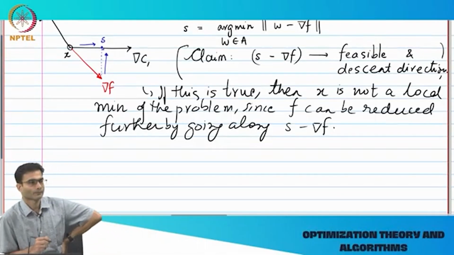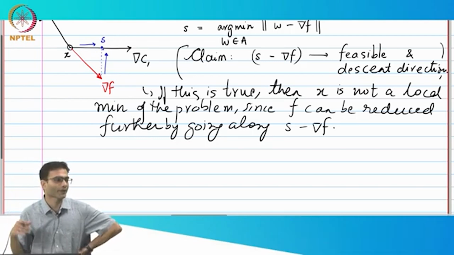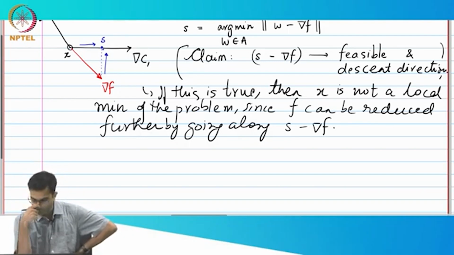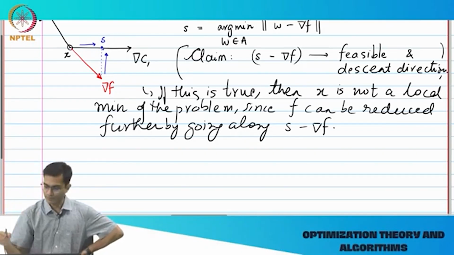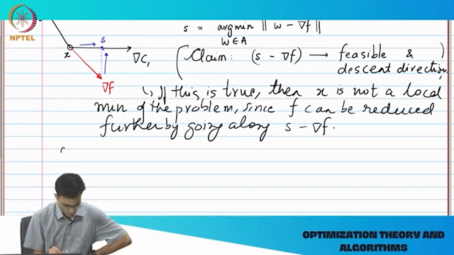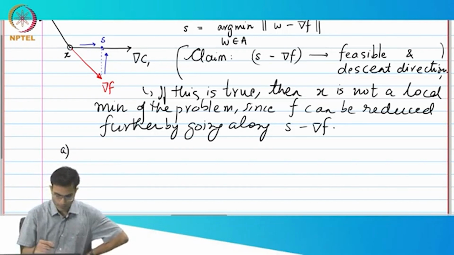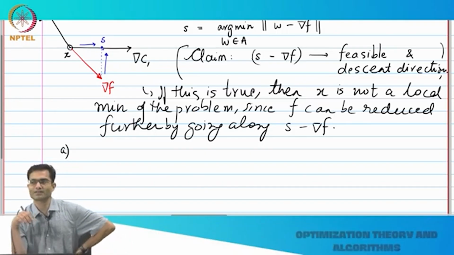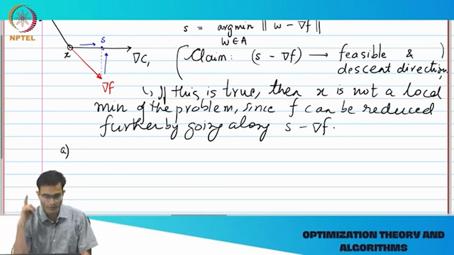Okay. That is the general story that I want to give you, the entire story that we are going to do before we get into the nitty-gritty details. So, there are two claims, and there are going to be two sets of reasoning for it. Let us take the first one. Again, I am going to use some properties of convex sets without proof, but they are very intuitive properties. The first property,